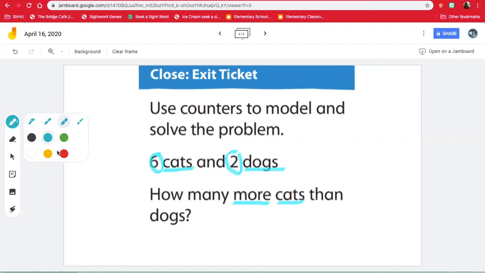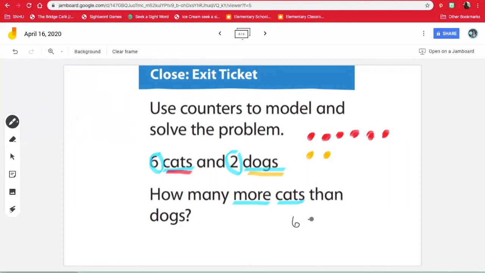So I'm going to get my marker and I'm going to draw 6 dots for cats. So the red are cats. 1, 2, 3, 4, 5, 6. And I'm going to use yellow for dogs. So how many dogs? 2. 1, 2. An equation we could write to solve this problem is